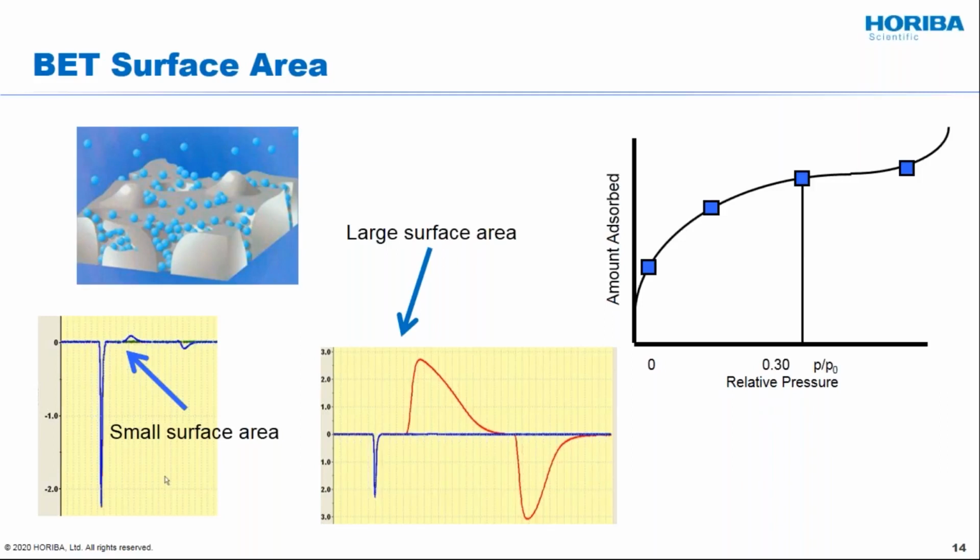But what you can see on the left-hand side, on the red curve, the first thing that happens is, again, your adsorption. And what you see happening here is that it takes a long time to get to the very end of the adsorption curve. And so what you're confronted with is, if you want accurate, repeatable data, you want to have the area under that curve as condensed as possible